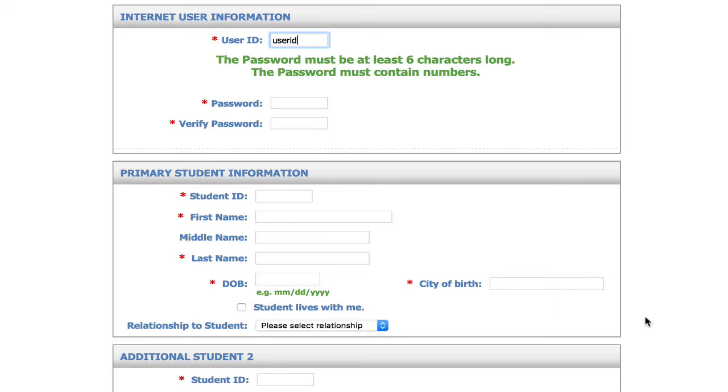Okay? So you would put your student ID number in. The kids all should know their ID numbers. If you have a question on what their ID number is, call the secretary at school and she'll give you their ID. Or if you have a lunch account,